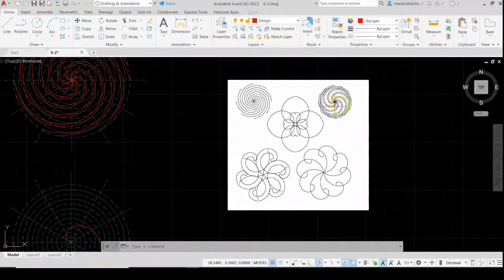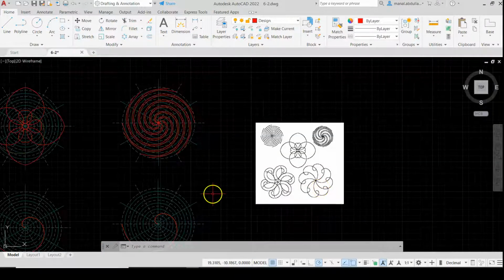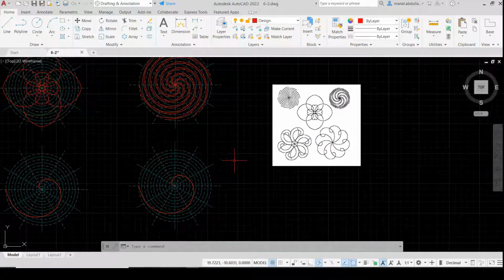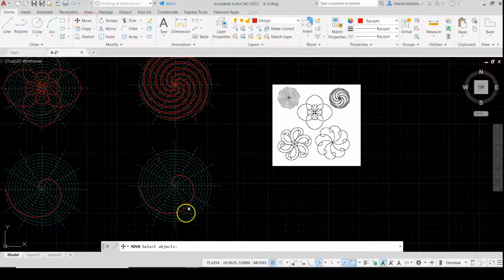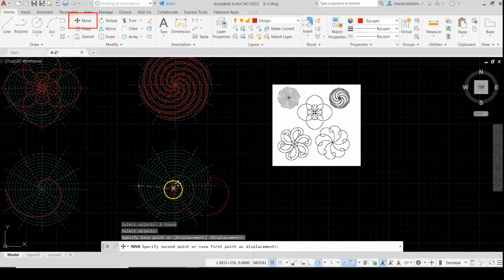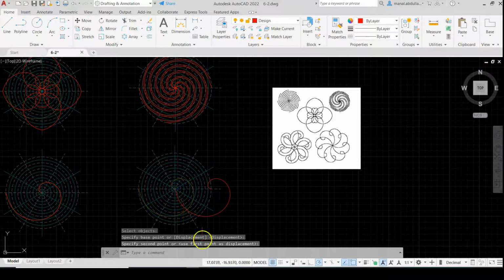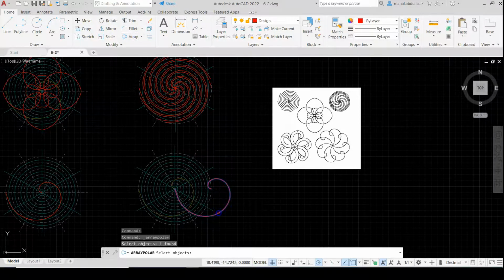So we did the first 3. Let's make this one down here. Okay, this one, I believe, let's make it here. We need to move the spiral from the intersection to the center. So we moved it, then we make the polar array,